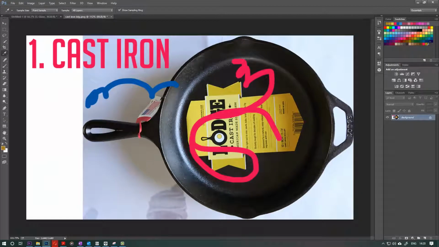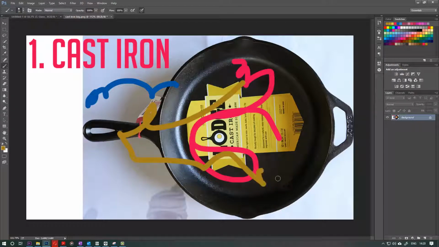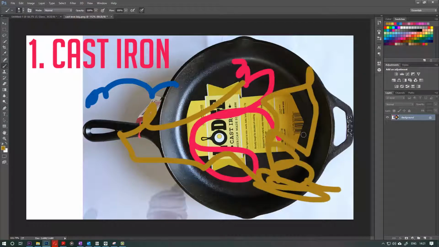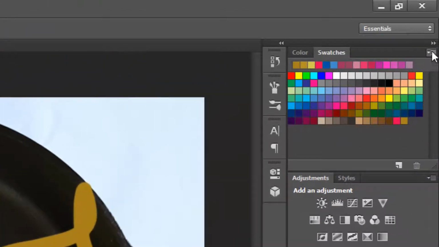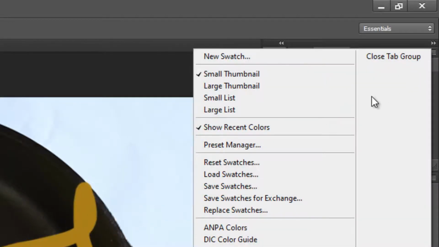So if you select this with a brush, for example, select brush, select this, we can draw the same color again here. And if you want to save these swatches, you need to go to the three dots here and then click